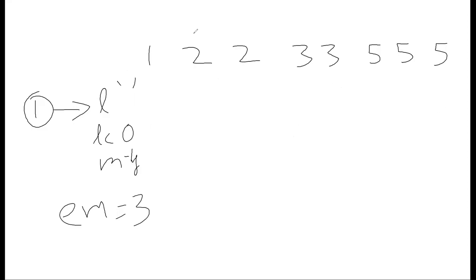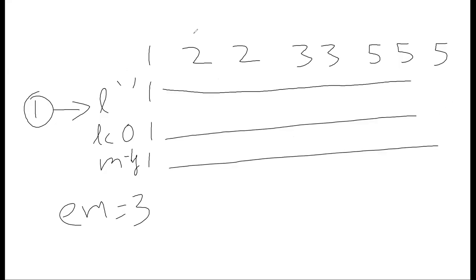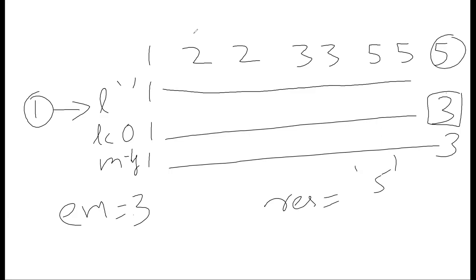I'll again go with the same approach. I'll find 1, 1, 1, and I'll go ahead till I find my max becoming 3 or my LC becoming 3. As soon as I find my LC equal to 3, which is the expected max, I'll take that element and push it into my result set. Does that make sense? Okay, so we can move to the next question.